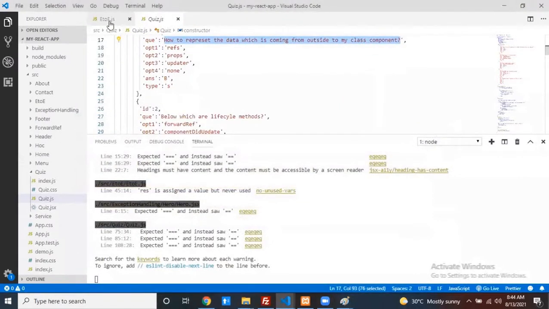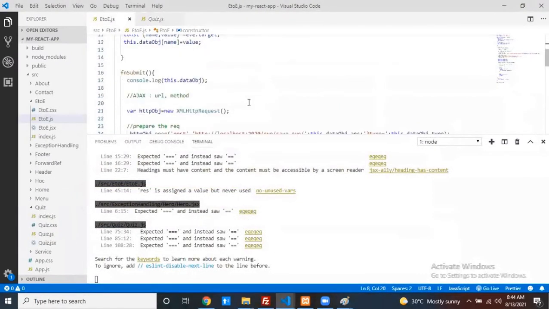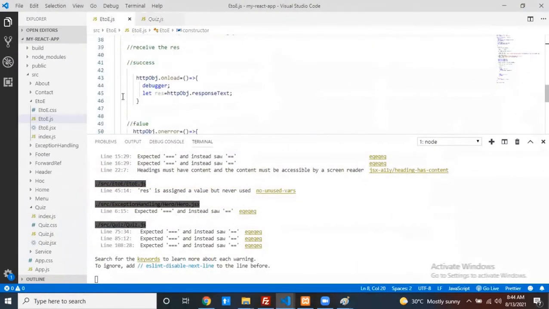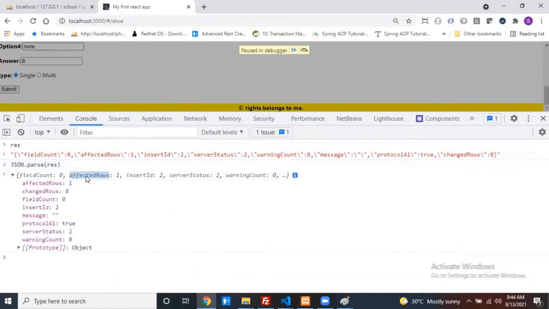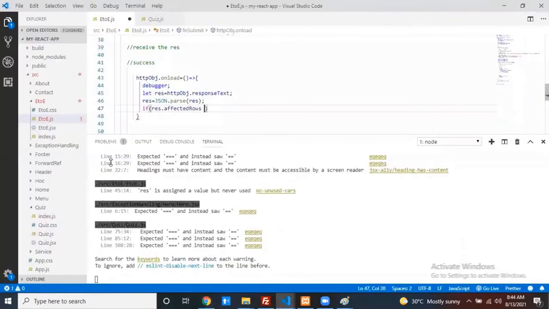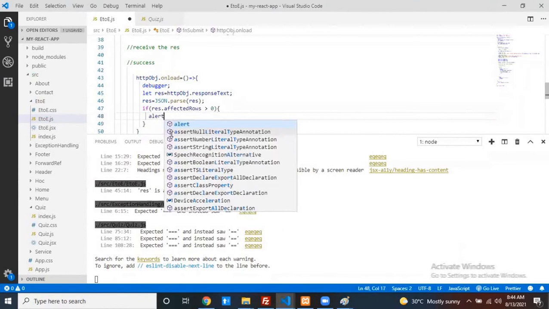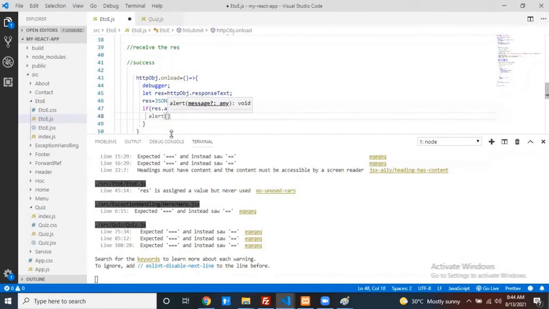Okay, come here. This is my success one. My response equals this one. I convert into JSON. If my response dot affected rows is greater than 0, then alert, or you can print a message of your wish: inserted successfully.